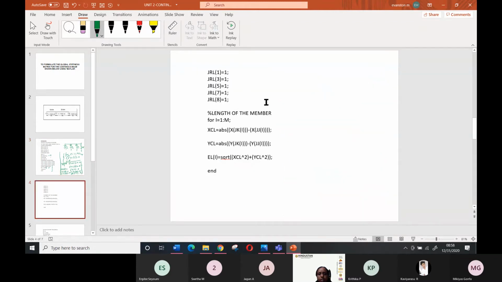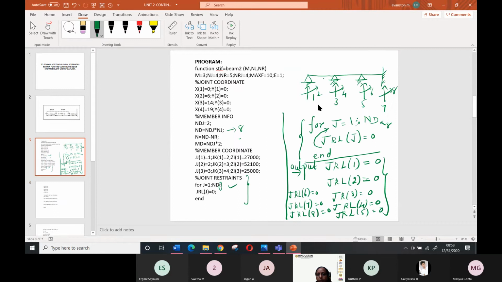Now you have to tell 1, 3, 5, 7, 8 are restrained. So we are here taking whatever is restrained as 1 in the program, not restrained as 0. So you should not get confused with the classwork. So whatever you write in the next page, whatever is restrained, we have to take it as